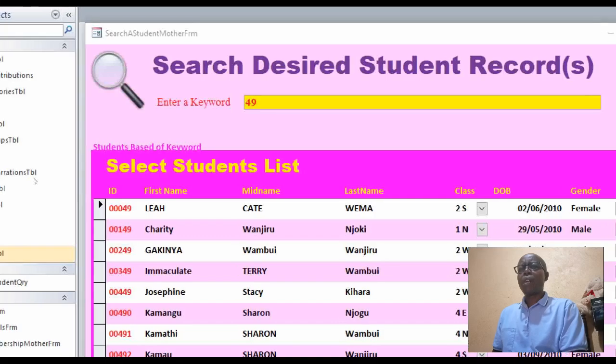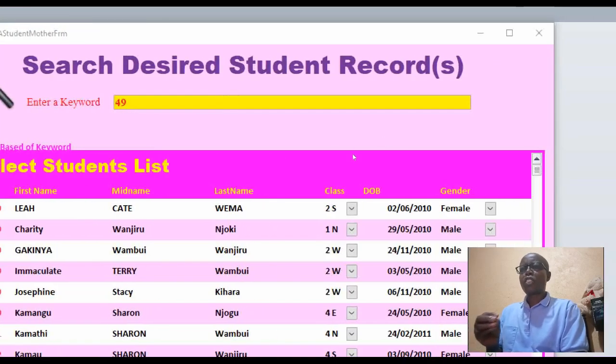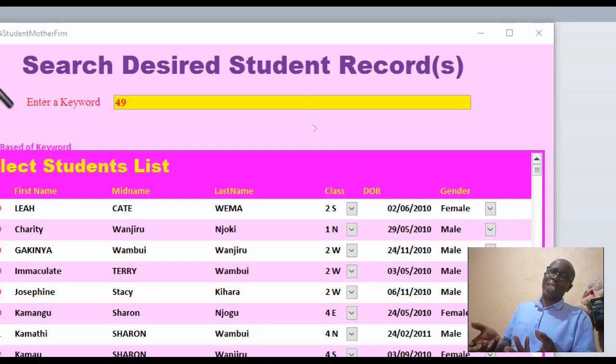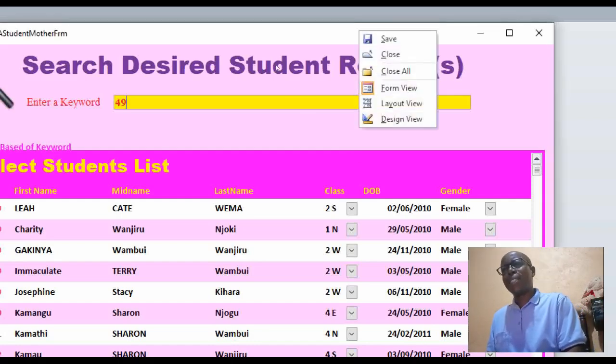So ideally there should be a button alongside Leah Kate, which when I click, we are taken to that particular student details form. We want to get into that student details, either for modification or for anything else, or even for just seeing who this student is. So hands-on now,